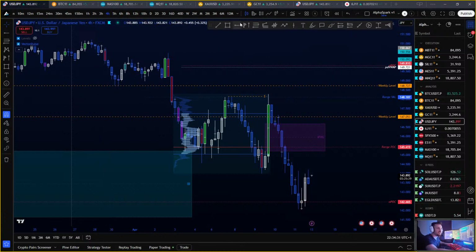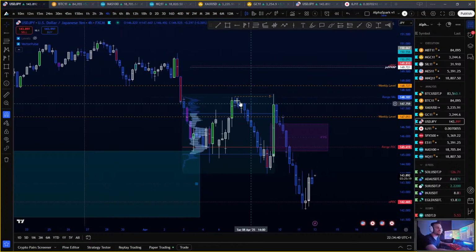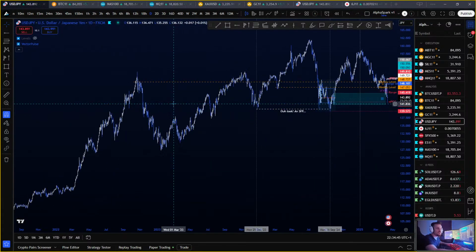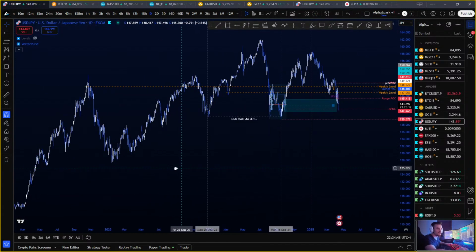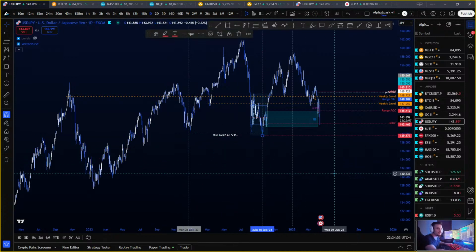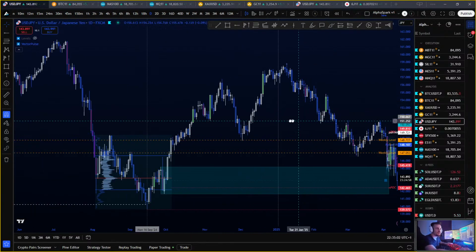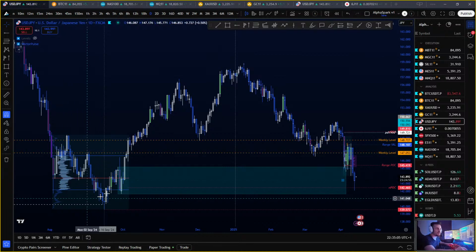and even if it does push, we're gonna have this very mean looking order block. All of this consolidation is gonna be hard to push through as well. If it continues to drop, the only place that I'll be looking in for a reaction is this low, 139.573. That would be the only place,